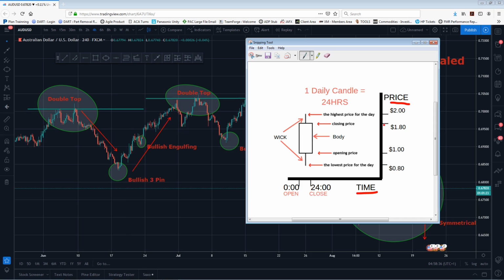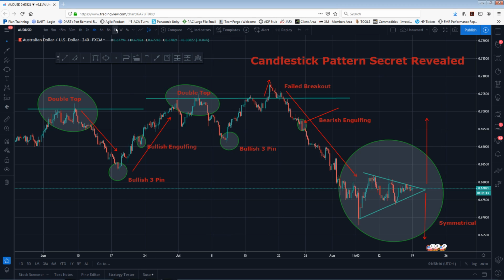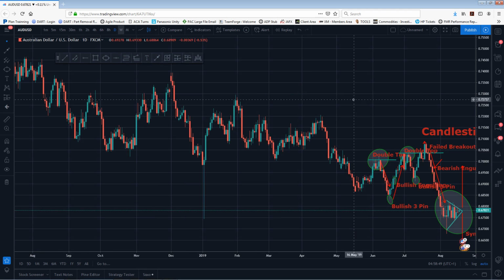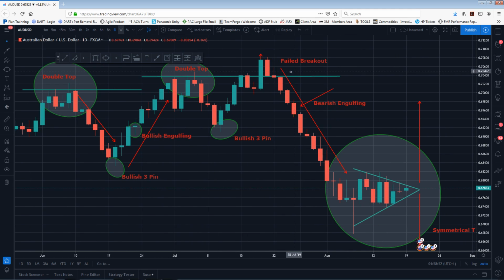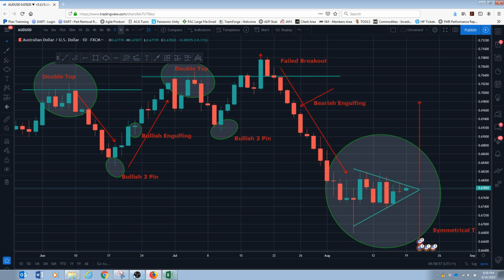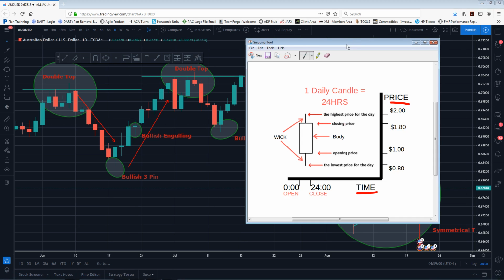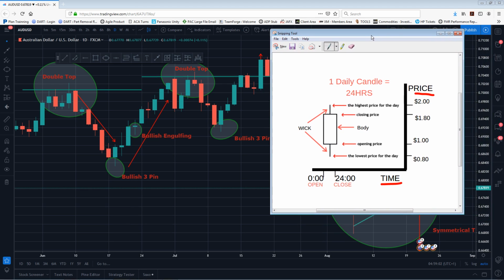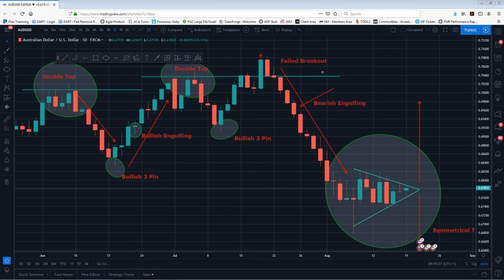I really want you to just go over this and really understand what each candle is telling us, because as you go on the higher time frame, so if I go to the daily time frame right here, it's telling us a lot of information when we factor in this. So from now on, when you look at a candlestick, I want you to really break down what it's telling you, because when we have a formation like this,